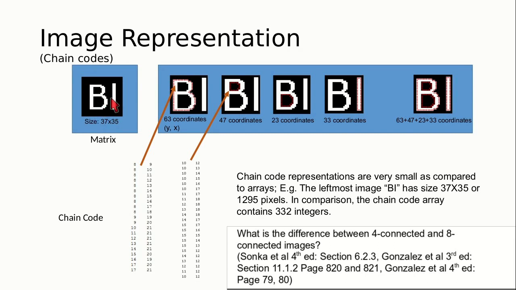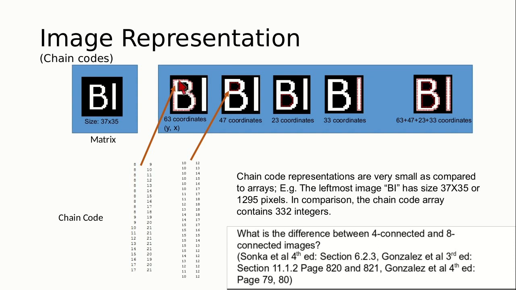So there is B and I, right, and these white areas are completely white, so the value is 255, and everything else, the black, is 0, right? So the chain code representation represents only the borders of the black and white color. So for example, the way this image would be stored is, you would take all the pixels in this outer border of B, right?